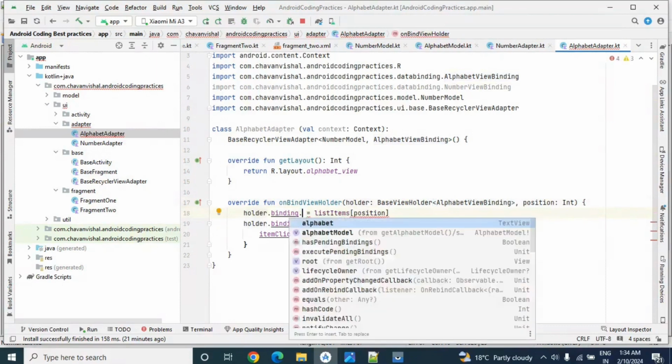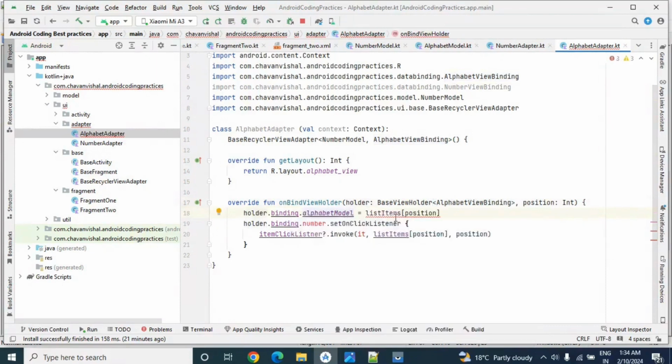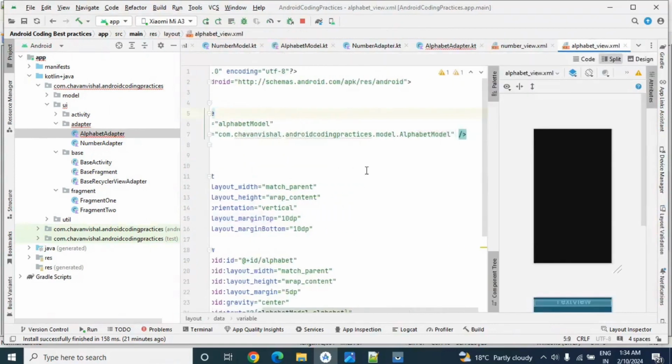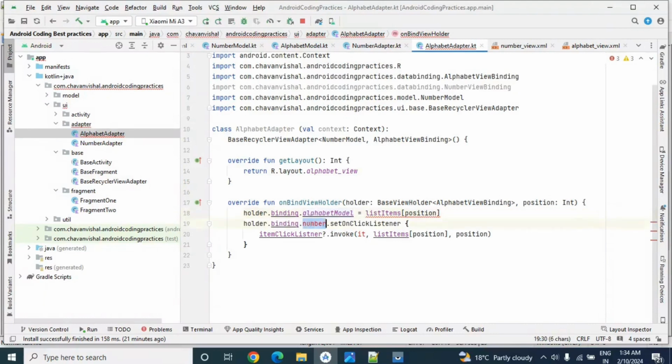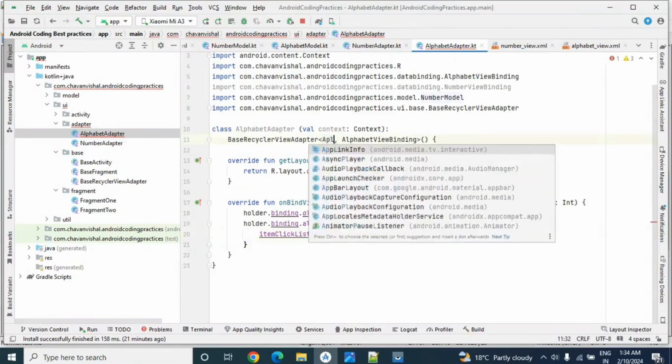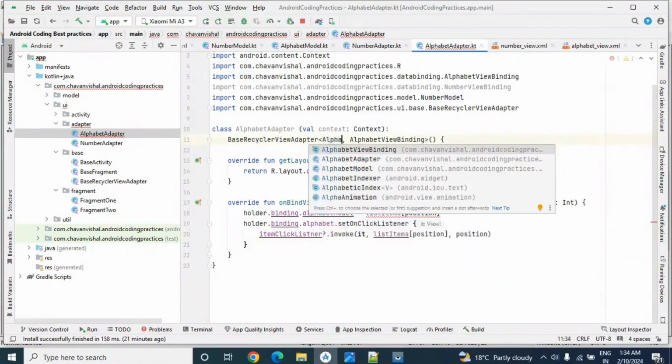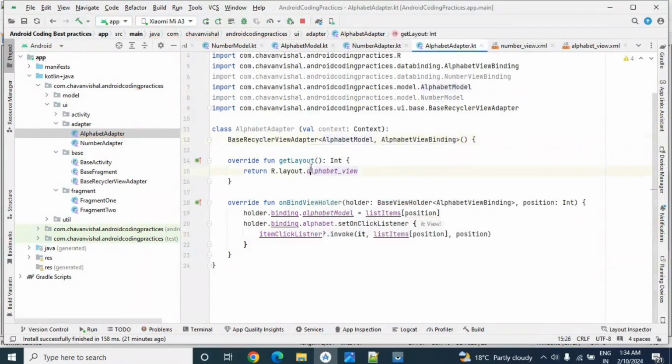So holder.binding, here we have the alphabet model of list item T. Right now we have the alphabet model here, and here textView.setOnClickListener. Here we have context, and here we have number model, so let's pass alphabet model here.